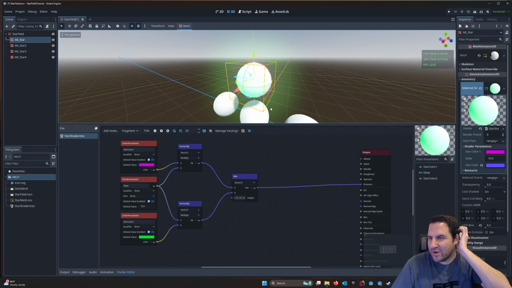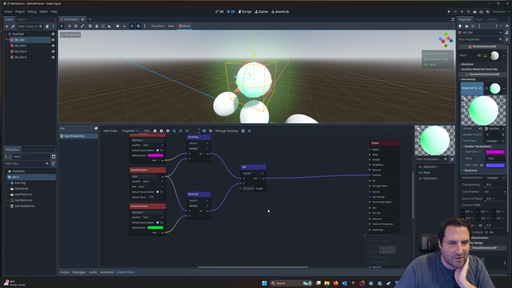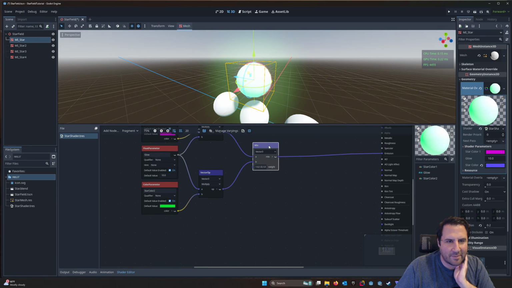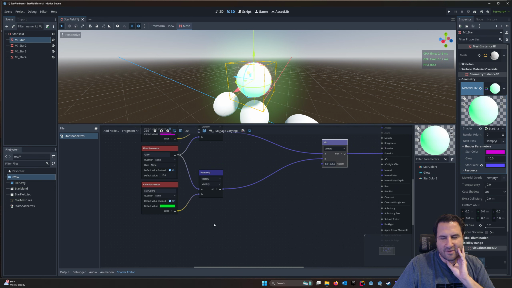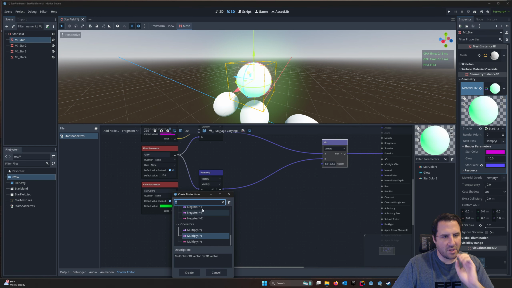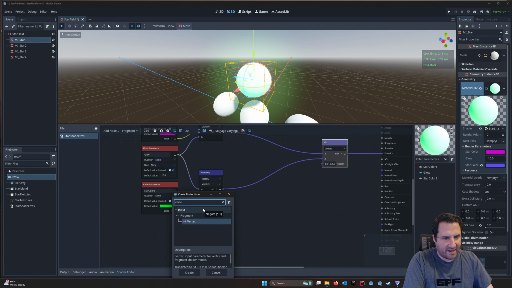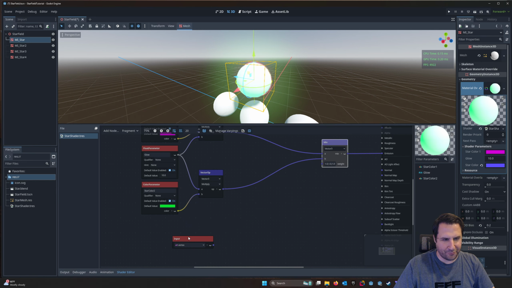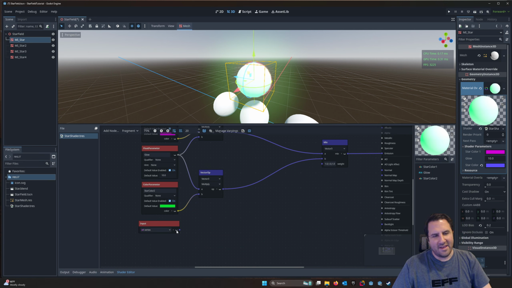And the node we are interested in, and I'll explain it in a minute, but let's move this closer here, is we need something called a vertex node. So let us add a node called vertex. And it should be under input, fragment, vertex, and it's a vector 3. And as you can see here, let's hit the color, you can see it just is black. But what the vertex is, it's